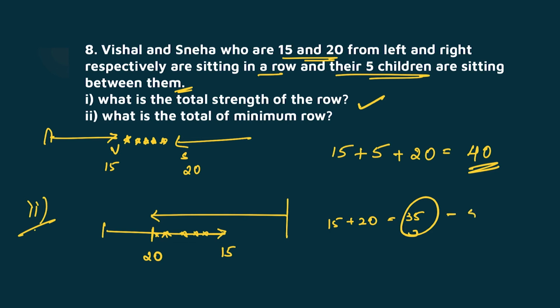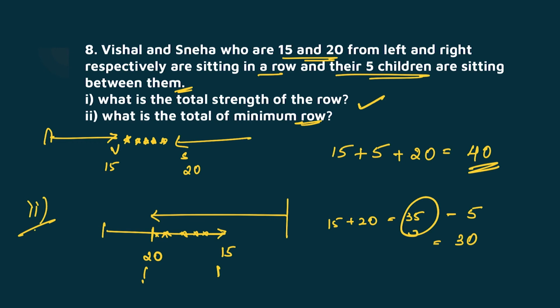So remove their children also. 35 minus 5, which is equal to 30. And we are also including Vishal and Sneha here. So wherever they ask what is the total of a minimum row, just interchange the position of those two